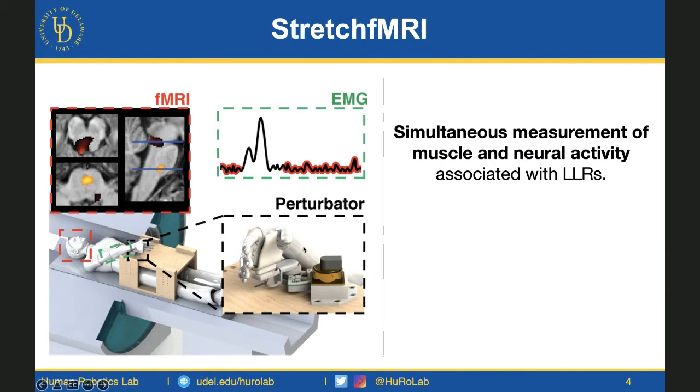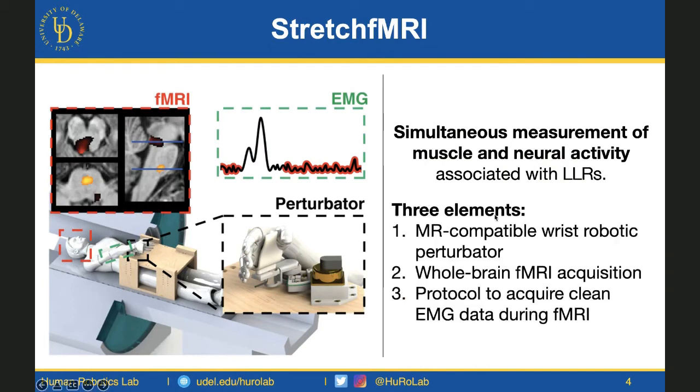In this framework, we have a robotic device that is MRI compatible that perturbs the muscles during functional MRI. We use functional MRI to measure the contribution of brainstem nuclei, and we also include surface electromyography, or EMG, to quantify the elicited responses in different muscles. These are the three main elements of this technique. We've been developing MRI-compatible robots for different applications, and we've also developed new methods to quantify EMG during fMRI, avoiding